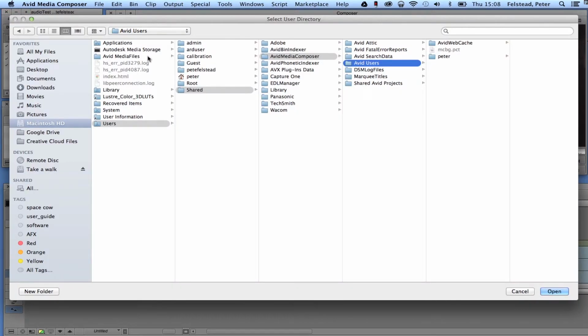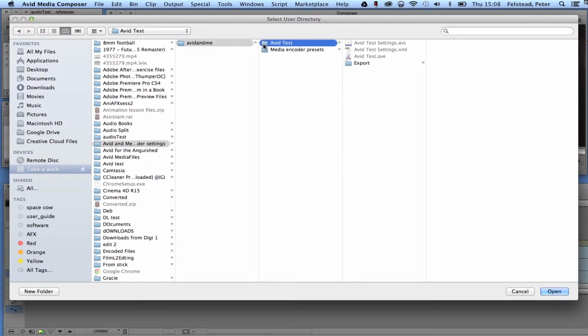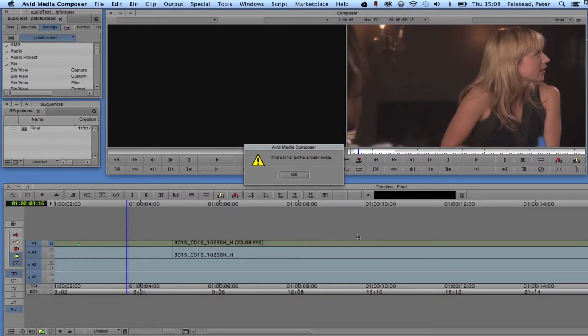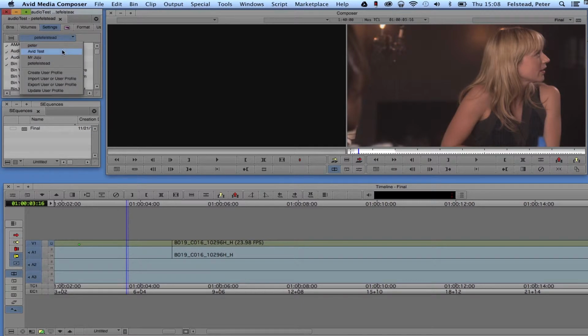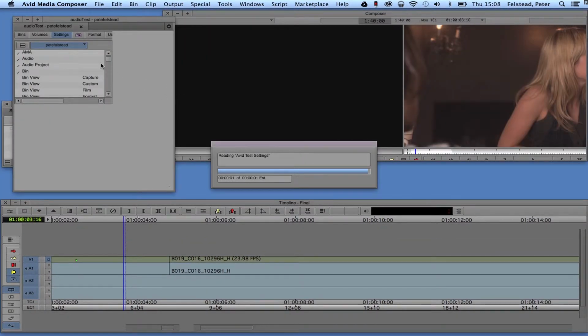You may find that it might already be on the computer, but we'll go through it anyway. I need to find those presets which were on my hard drive under Avid and media encoder settings. Avid test are the settings, and I just need to click on open. It will say here that the user profile already exists, which means it's already in my list here. Choose it from there, and the Avid test settings will be loaded,